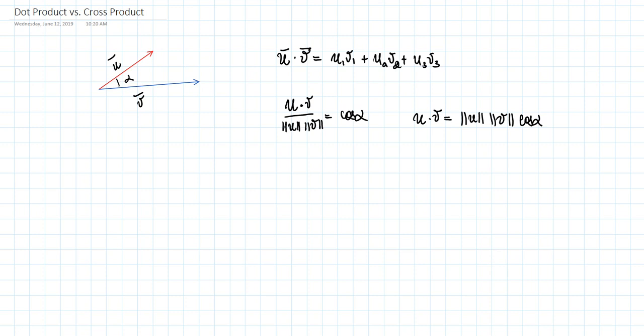Okay. So now, if we're given the two vectors and an angle between them, let's create the right angle triangle, like this, so that the right angle is going to be here. So what do you think? From the right angle triangle, I know that the adjacent side can be found by multiplying the cosine of alpha by the hypotenuse of the triangle, right? So the adjacent side